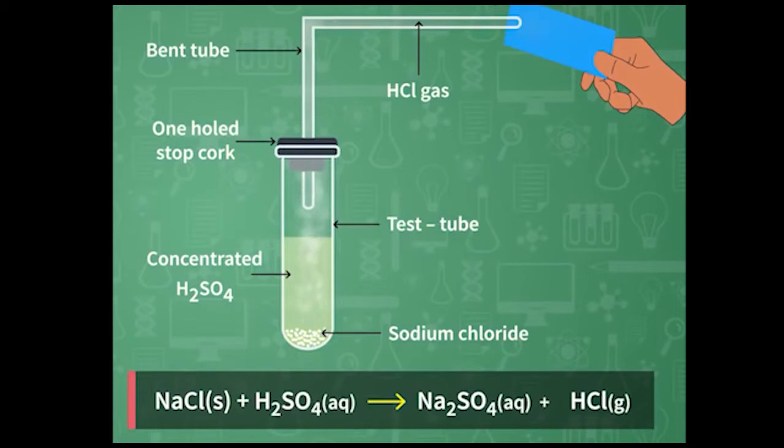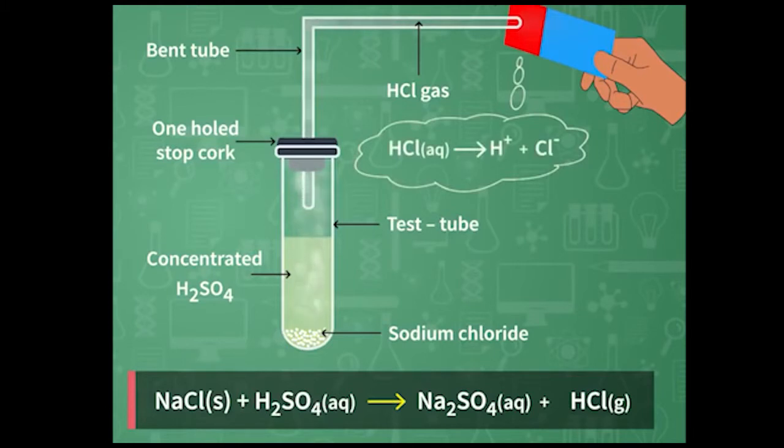But it is not showing its acidic property, because acids are called acid only when they produce hydrogen ion, and the hydrogen ion can't be produced in a gaseous state. It will only be produced in aqueous state. So right now, instead of using dry litmus paper, we use a moist litmus paper. Now, as soon as the hydrochloric acid comes in contact with this moist litmus paper, it changes the color of the blue litmus to red, because in the presence of water, HCl has split into H plus and Cl minus.